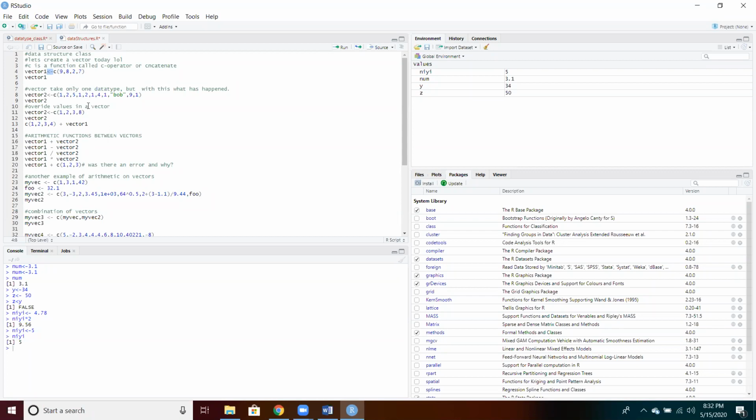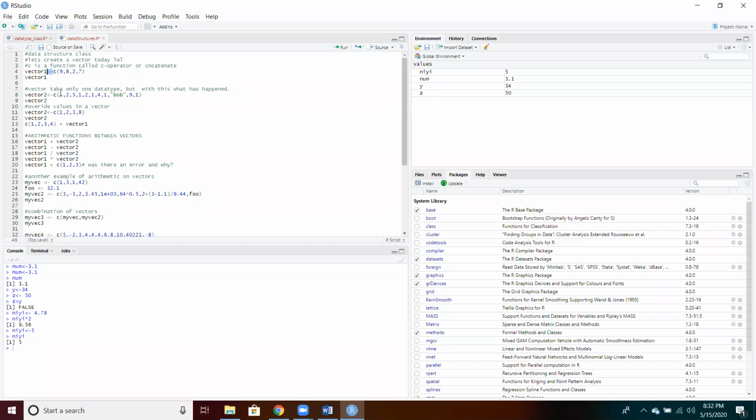It's not compulsory that it must be vector. You can call it Kemi, you can call it Tayo, you can call it Ball, you can call it P, you can call it anything. Just make sure it's not a number. It can be alphanumeric. So I said my vector 1 equals to, and when you are declaring a vector, there is